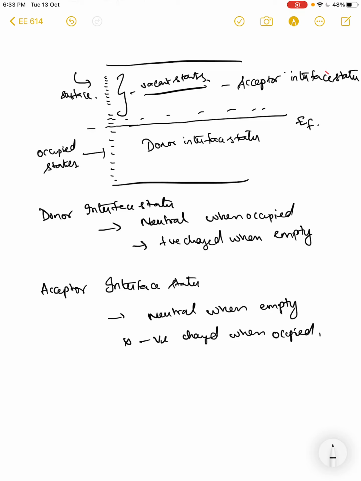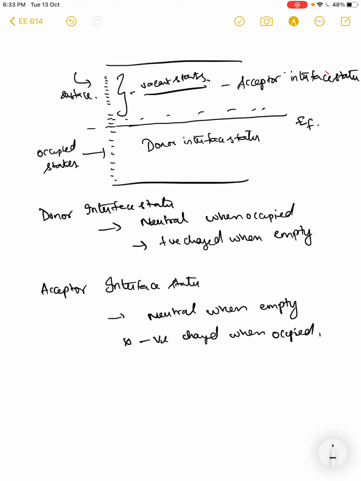This is slightly different from the donor acceptor levels that we see in the initial stages, but their definition remains consistent. A donor atom in a semiconductor is neutral when it has an electron, but then it donates an electron to the conduction band and becomes positively charged, right? The same thing we see here, but their actual positions in the band gap are slightly offset. You can see that easily.